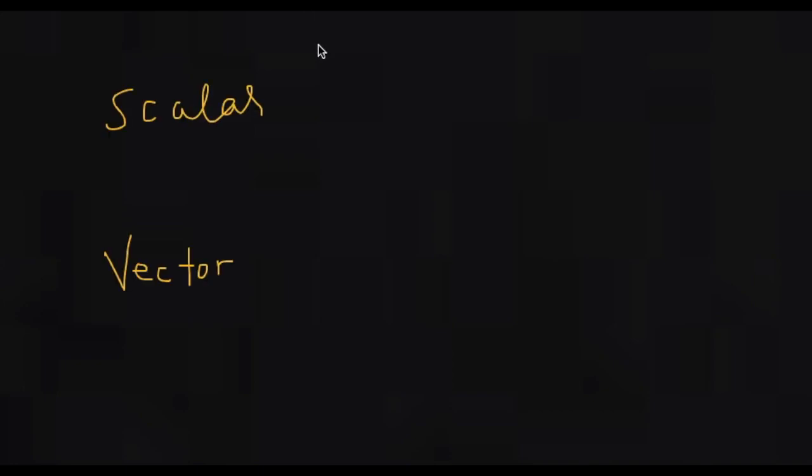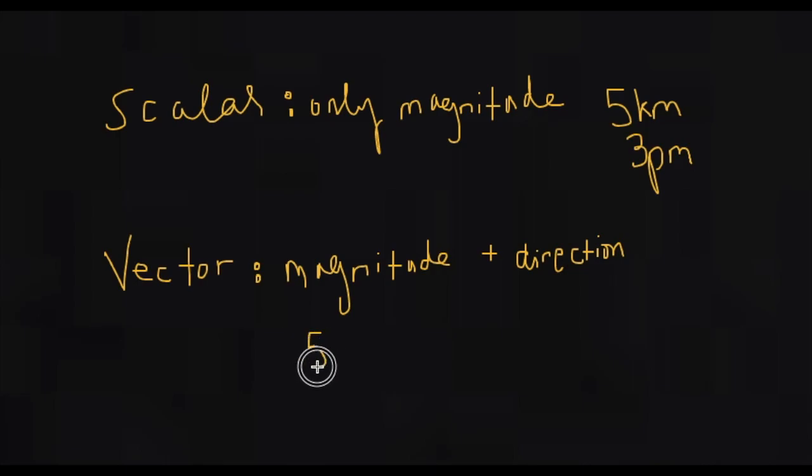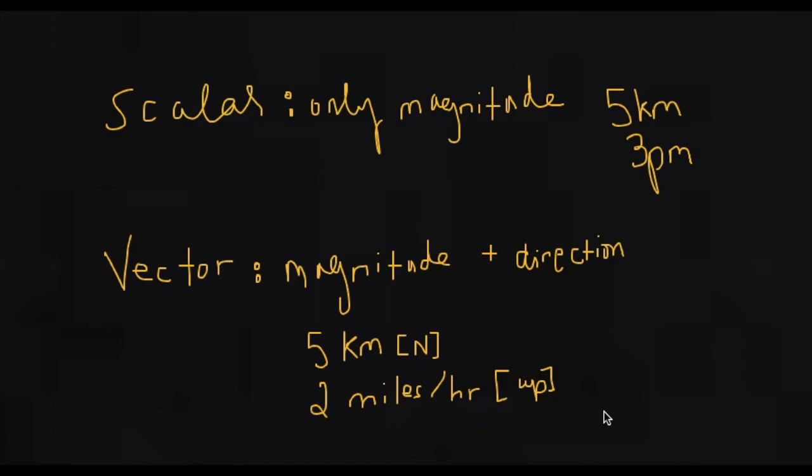A scalar is simply anything that just has a magnitude. For example, 5 kilometers, 3 p.m. A vector is something that has both magnitude and direction. For example, 5 kilometers north, 2 miles per hour up. The direction can be anything: north, south, east, west, northwest, east 5 degrees north, south 5 degrees west, up, down,